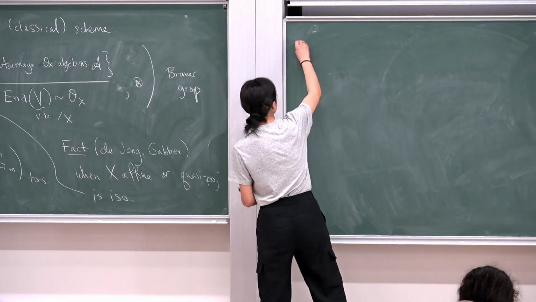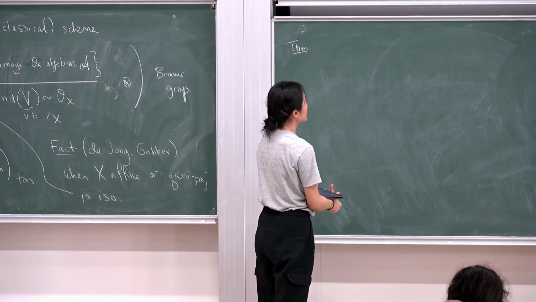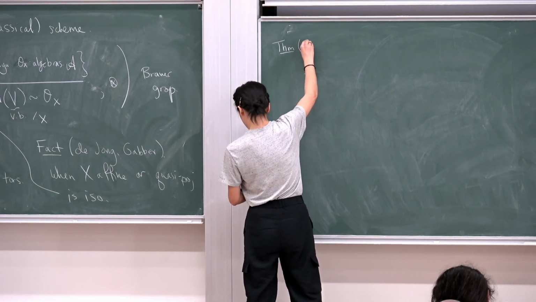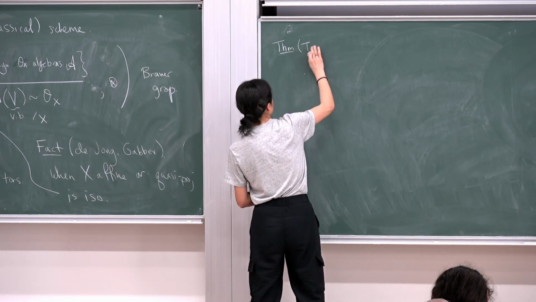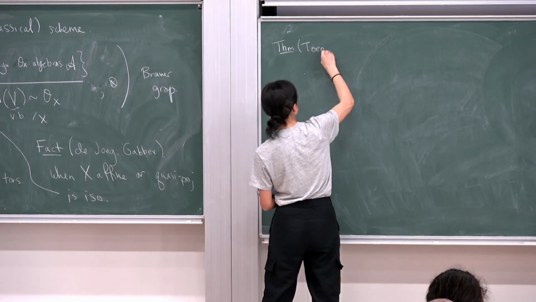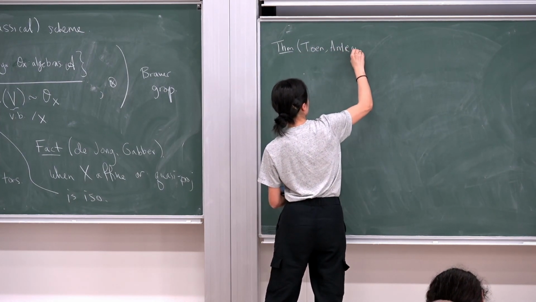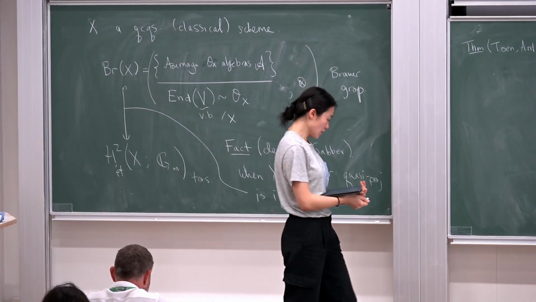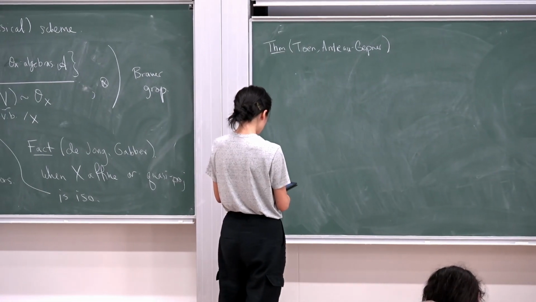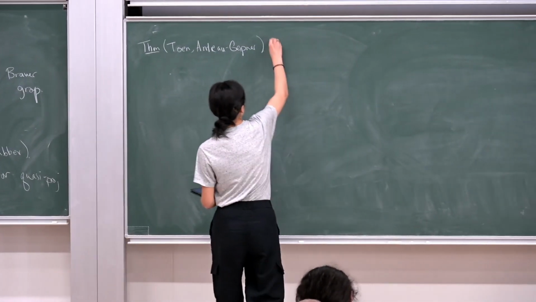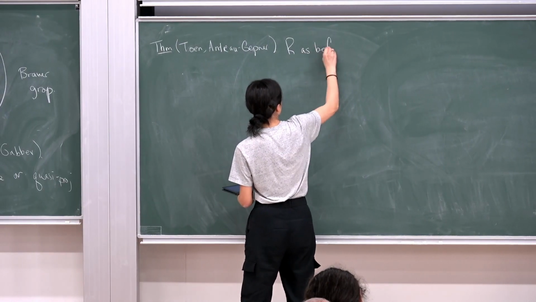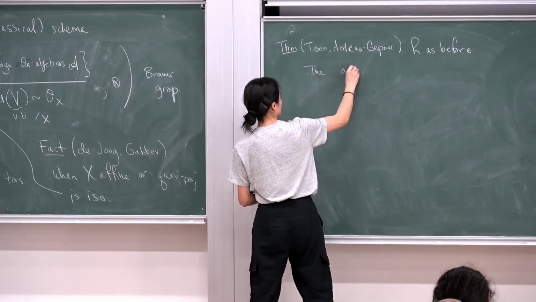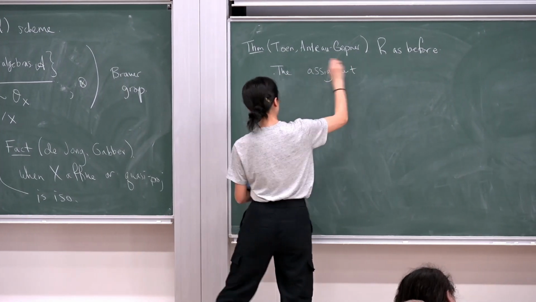All right. Theorem. I somehow haven't included an attribution here. In my notes, I'm going to attribute this to Toën and Antieau–Gepner, but someone please tell me if I'm wrong here. Okay, so if I fix R as before, the assignment, a functor really,